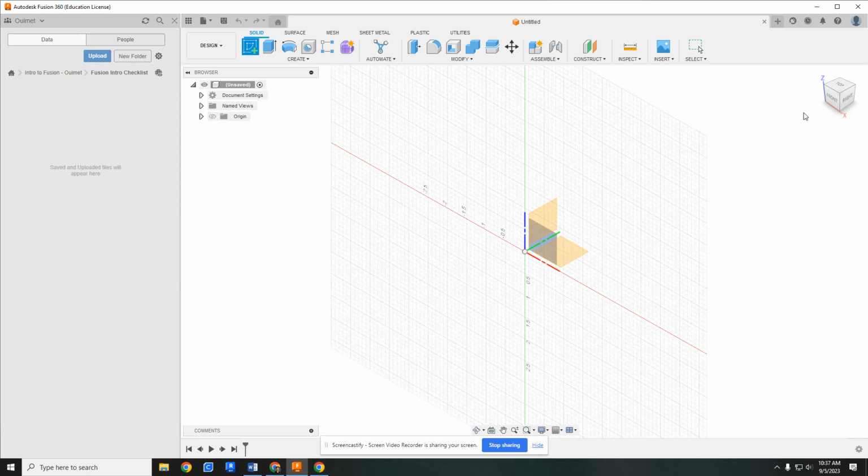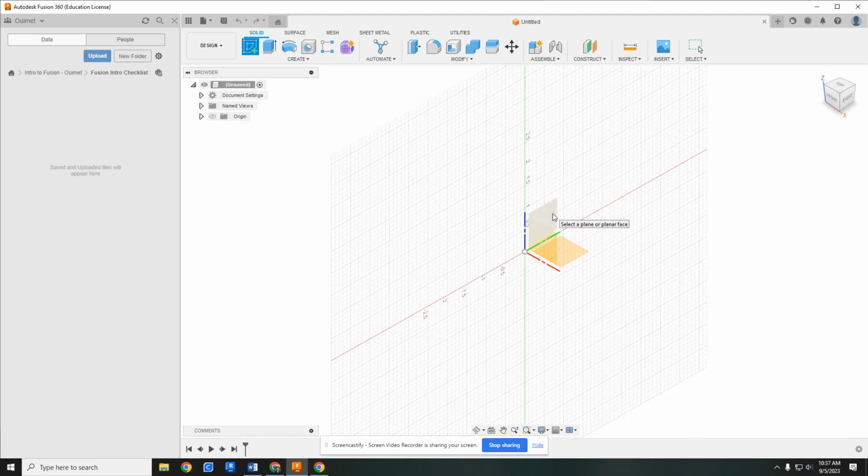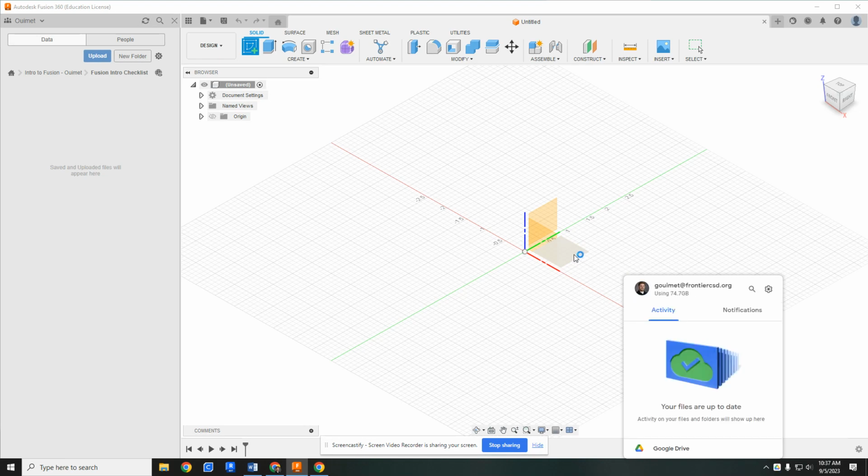So if you look at this cube up here in the top right corner, you'll see we have Z and X being right here. So if we look at this plane in the center with the blue and red, this is our XZ plane. If we look over here, this is blue and green, so that's going to be our ZY plane. And then this,